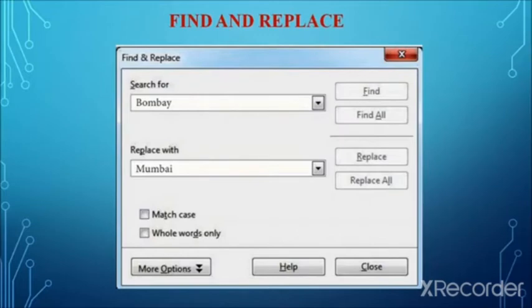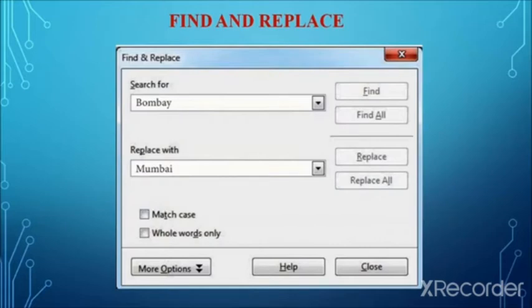So we type the word Mumbai in the replace with text box, and click the find button to start the search. The first occurrence of Bombay is found and highlighted in the document.